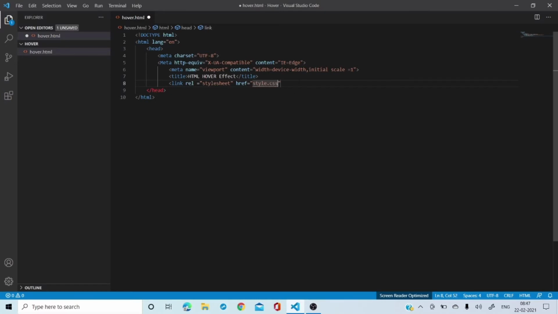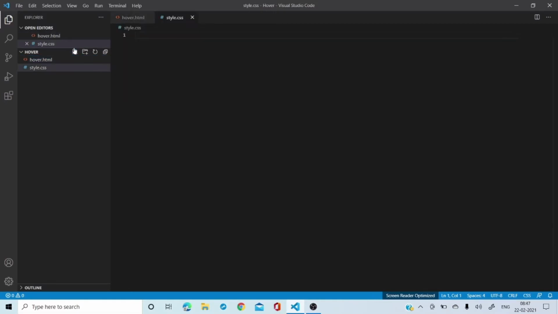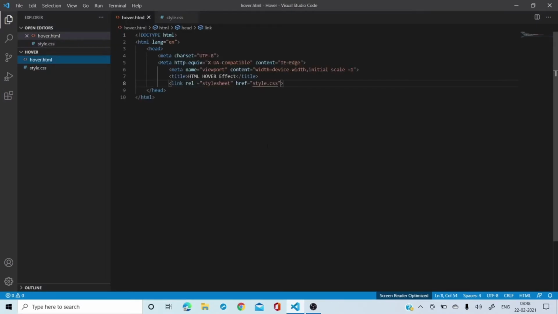This is the name of the file which we are going to create very soon. Let me press Ctrl S to save it, and I'll show you how. See, we've created hover.html. Same way, you can click here and write style.css. This is where we will be doing the styling, and it will be linked to this HTML page.